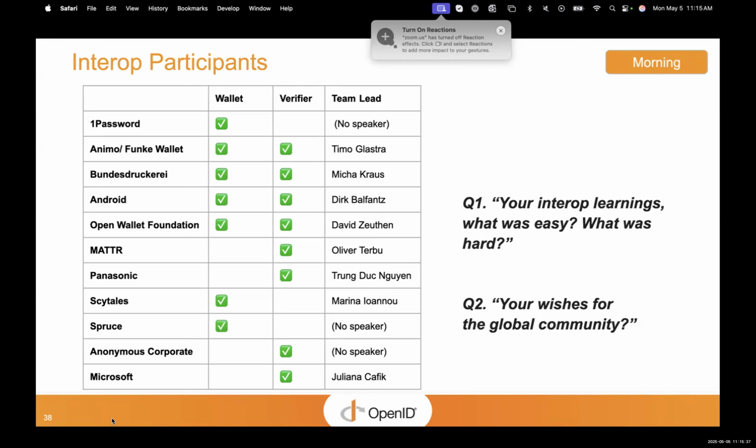Skitalis wishes for the global digital identity community to prioritize interoperability across regions and ecosystems, as it is important to have solutions that work seamlessly, ensuring a secure and consistent identity experience for users from different parts of the world. Thank you for the invitation to this interop event and the opportunity to participate in it.